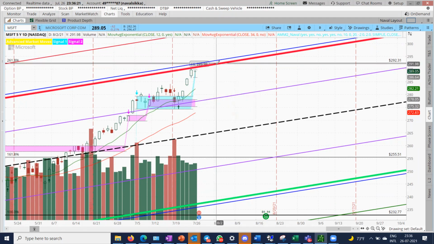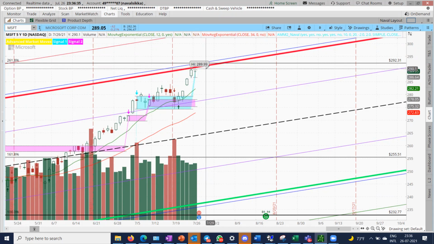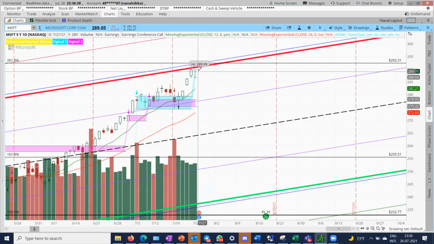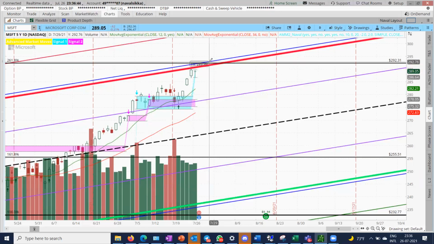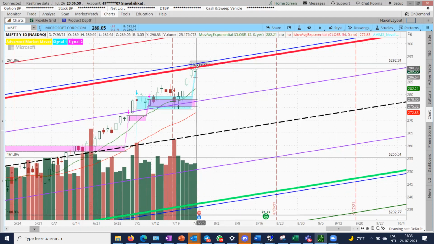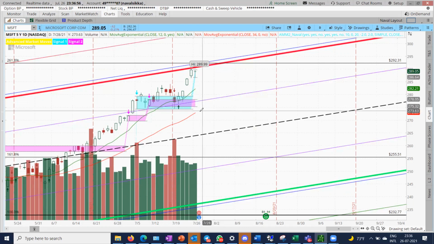Now I am going to see if it has resistance with this dark red line and the Fibonacci of 261% of 292, which is kind of a double blockage. If Microsoft gets the strength to break it, it will only go up. But I would like to see it break 292 first before I make any move on Microsoft. If it gets stuck here, it will come down and test this zone, which is 280 and 273. If it gets rejected here, because it's a double